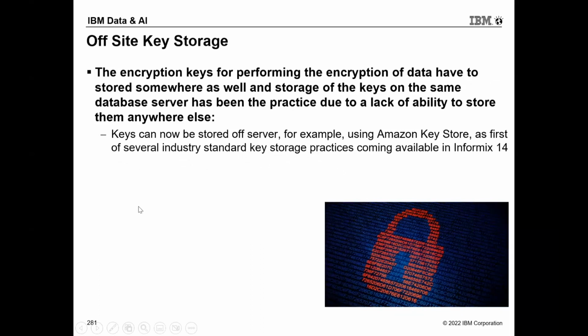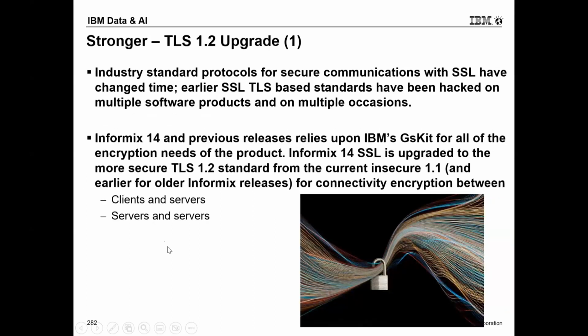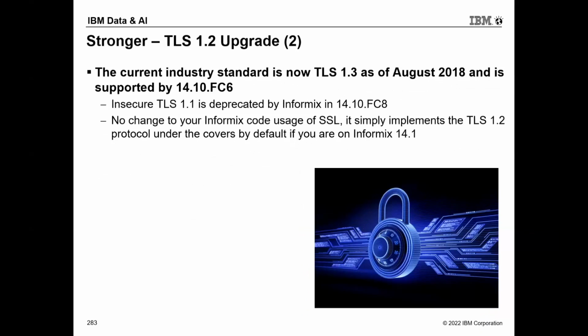You can also do the off-site key encryption, which we talked about a little earlier, so we'll skip by this. TLS 1.2 came about in FC1. As I said earlier, it's now been supplanted by FC3. However, if you can't go to FC3, understand that TLS 1.2 is here. It's more secure than the previous 1.1, and I highly recommend it. Minimally, at least go to 1.2 if you can't do 1.3. Current industry standard is 1.3, as I said earlier. You don't have to change your code usage for SSL. It simply implements this. So if you're using SSL, just set